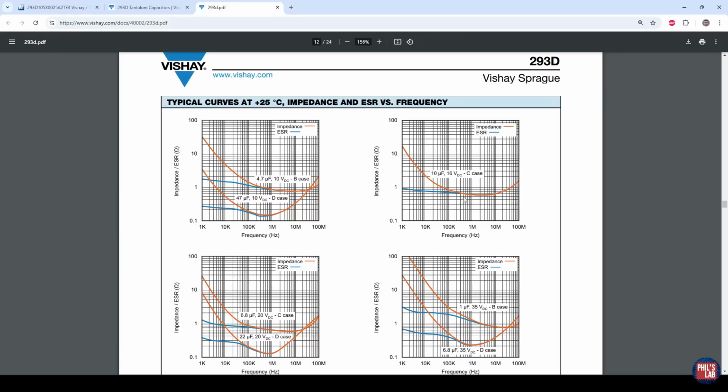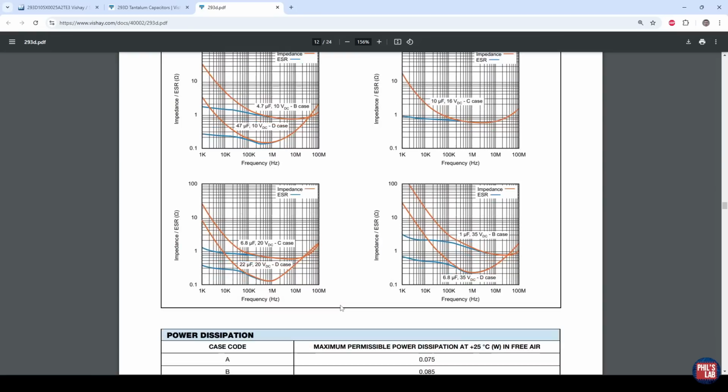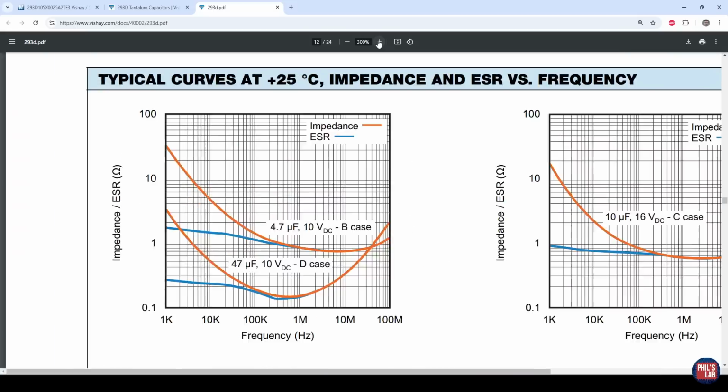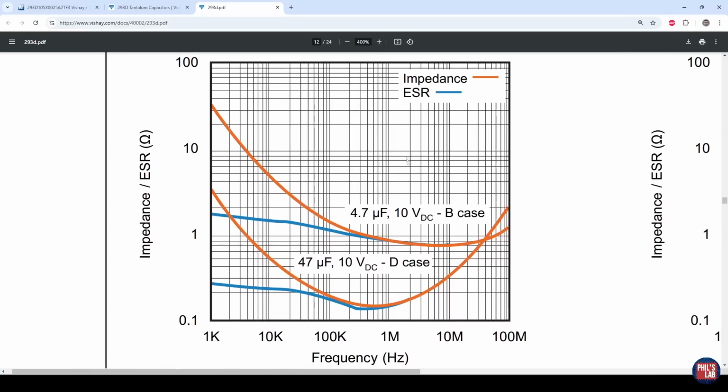to have these typical curves, not exactly for our part. So we're looking for a 1 microfarad 25 volt DC part. In an A case, they don't really happen to have that here, but just for the sake of interest, if we look at the impedance curve versus frequency, let's say for this 4.7 microfarad 10 volt DC rated tantalum capacitor,